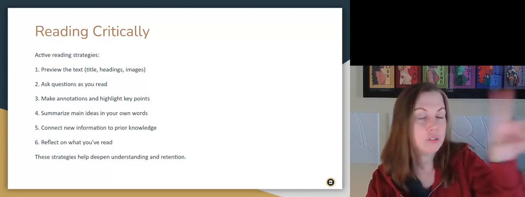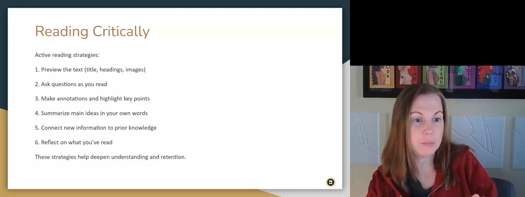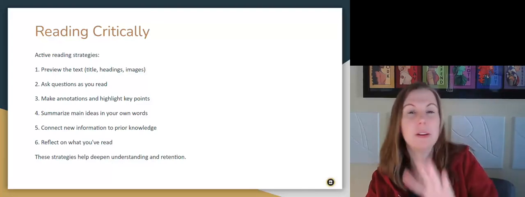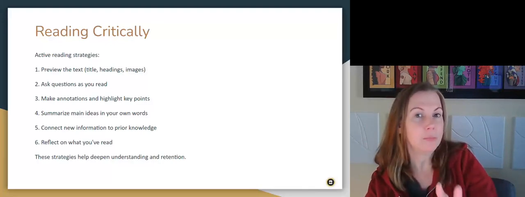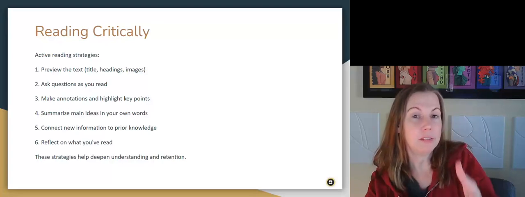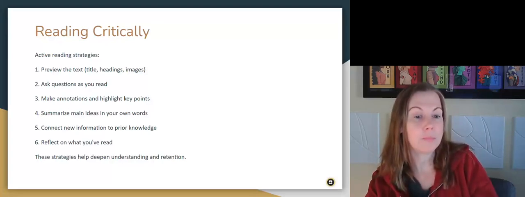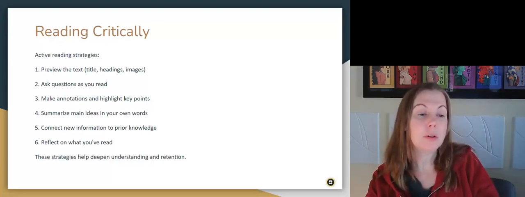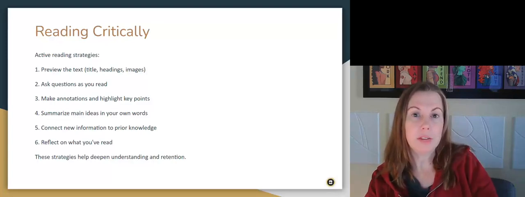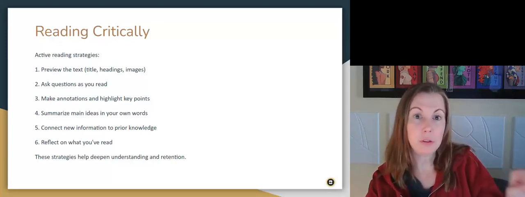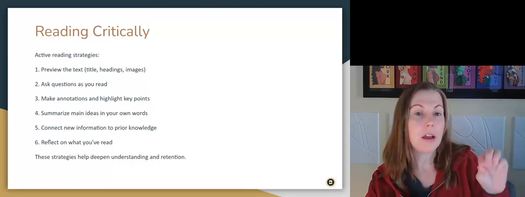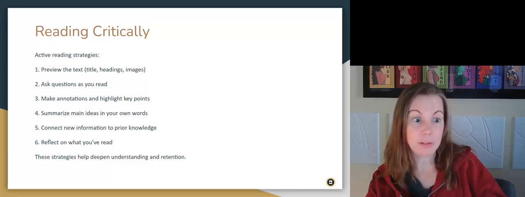If I really like something, I usually box it in and do an exclamation. Everyone kind of has their own little thing, but as long as you're annotating in some way and engaging with the text in some way, that's what we're looking for. And then, like I said earlier, summarize the main ideas. So again, when I'm reading through text, usually every paragraph, I will stop and just jot out a few words to decide what the meaning of it is.